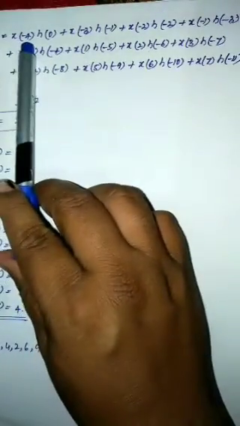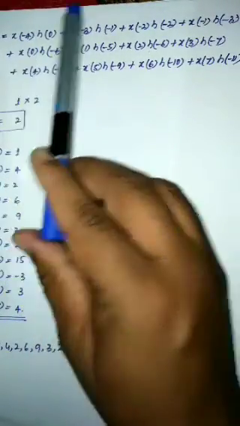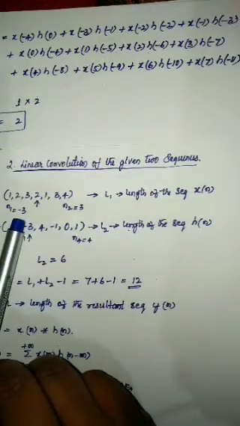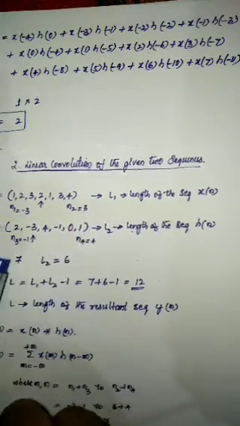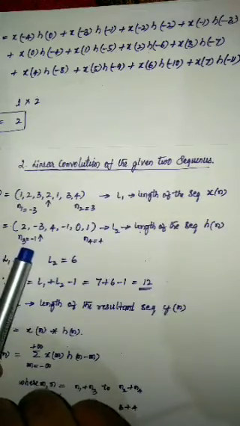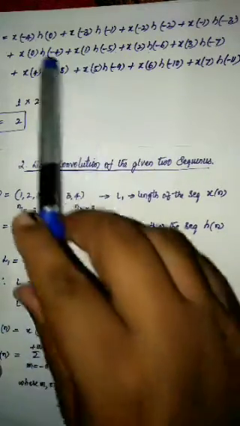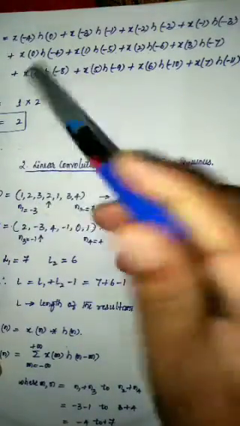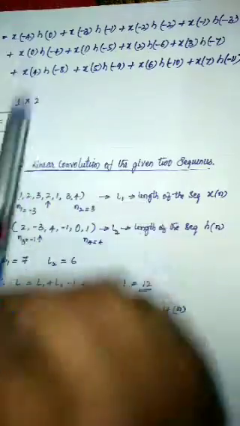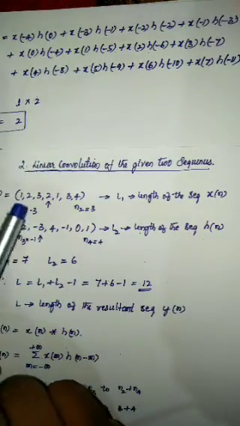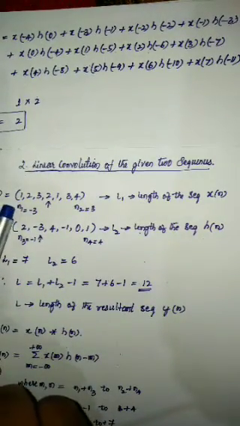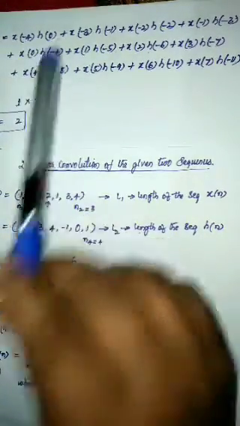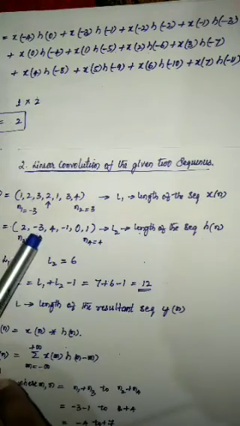Now, x of minus 4, you can just look at the expression, the input over here. This input is starting from minus 3 and it is ending at plus 3, and the second sequence is starting from minus 1 and it is ending at plus 4. Wherever the values need to be substituted corresponding to these inputs, we need to substitute. Do we have x of minus 4 here? It is starting from minus 3; for minus 4, no sample has been defined there. Therefore, x of minus 4 is straight away 0. H of 0 is there somehow. H of 0 is minus 3.